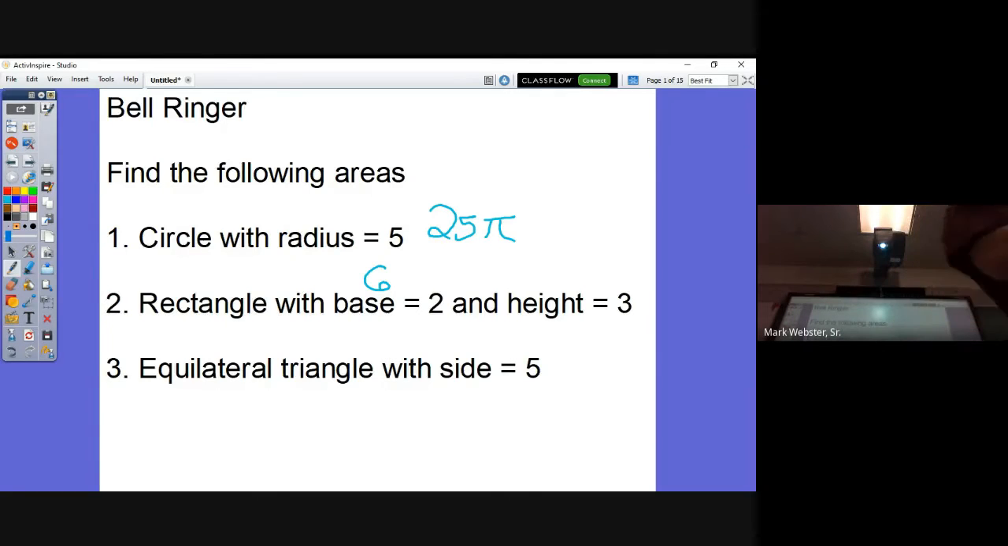This is the one maybe that will throw you for a loop. You have to do that 1/2 r squared sine theta thing, right? Because all the sides are 5, all the angles are 60. So you can be like 1/2 5 squared sine of 60 degrees, and then throw that into a calculator, and end up with the following answer: